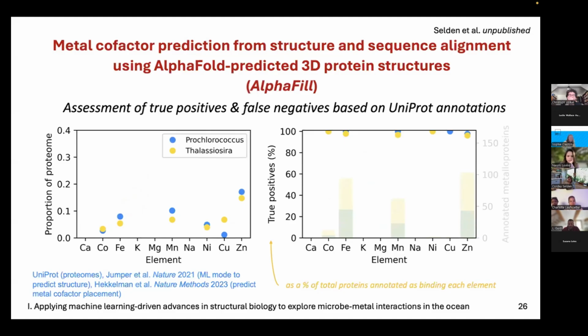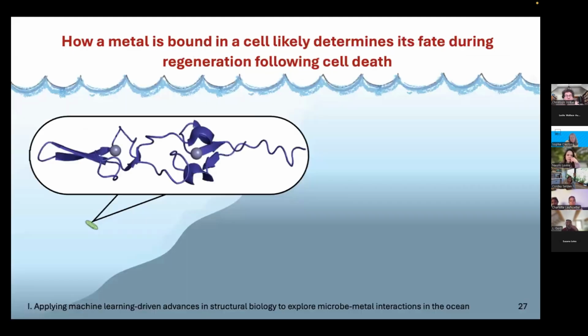Though more power consuming, we can take a similar approach to look at results from AlphaFold structures. Here, we can see a much smaller proportion of the proteome is predicted to be metalloproteins, with fewer iron proteins and more zinc proteins. But the structural approach makes our rate of true positives much higher for both organisms. This is above 97% for all metals examined, right? So this is much more encouraging. Again, we're just looking at true positives. We don't know the rate of false negatives, but it does put us on track.